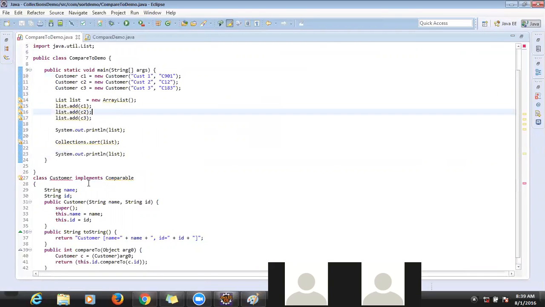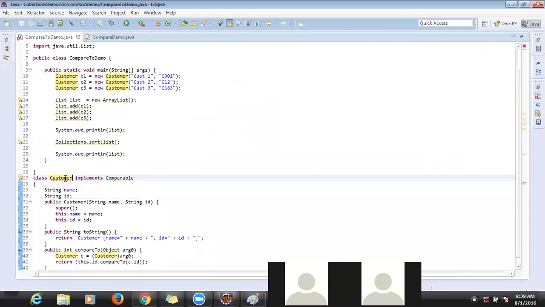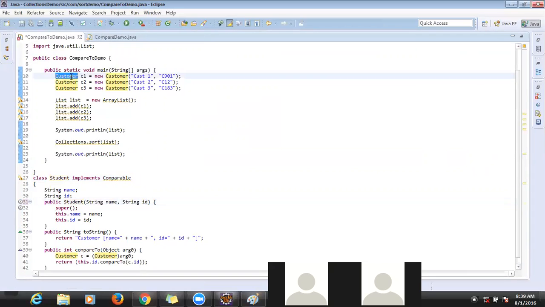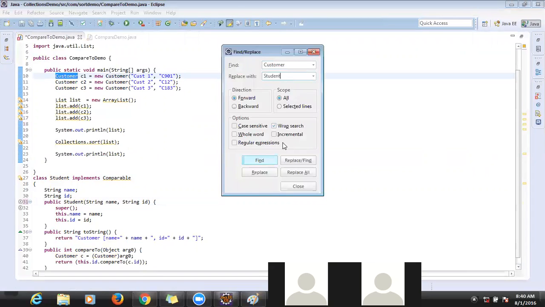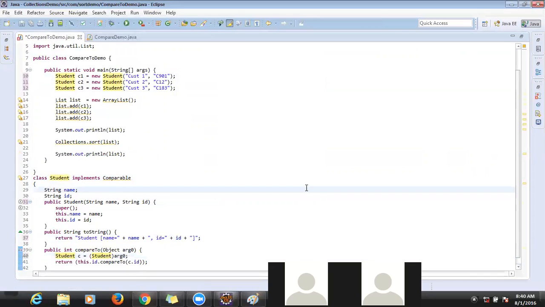Instead of customer I will give student, because the customer object is already there in the same package, so it is not allowing me to create. So I'm taking student and replacing customer with student everywhere.